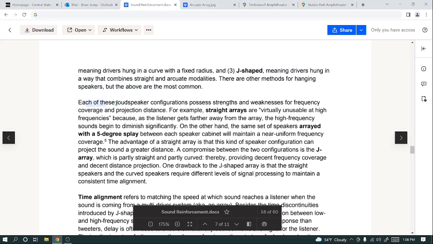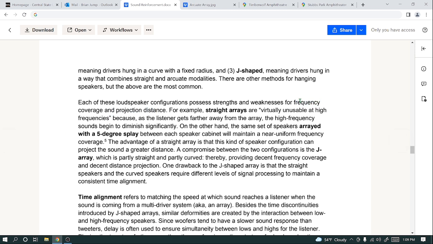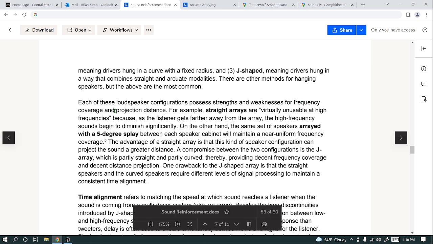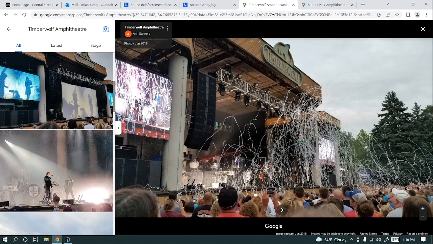Each of these configurations has strengths and weaknesses for both frequency coverage and projection distance. Frequency coverage is whether or not the speakers are making sounds all over the sound frequency spectrum. Does it have the low range? Does it have the mid range? Does it have the high range? That's what we're talking about. And then this is pretty obvious: projection distance. If you're at this venue,